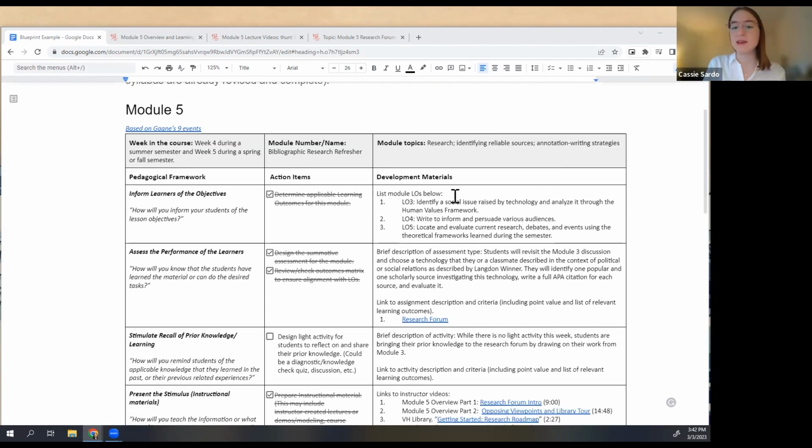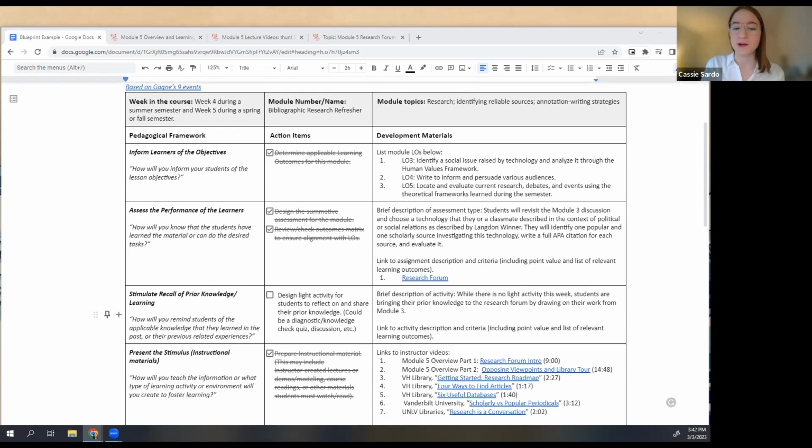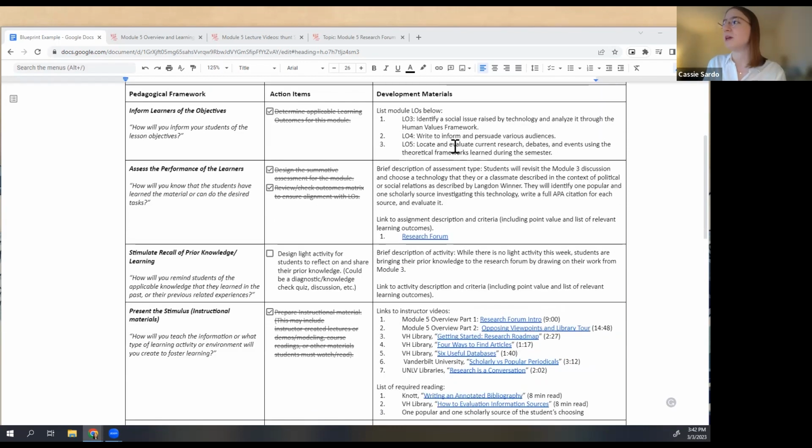So as you can see in the rightmost column, the instructor has filled in all of the development materials for each corresponding learning event, starting with informing learners of the objectives and working mostly backward from there. This module is dedicated to bibliographic research. So the instructor knew the learning outcomes that she wants students to achieve in this module, to identify a social issue raised by technology, to be able to write and to inform and persuade various audiences, to locate and evaluate